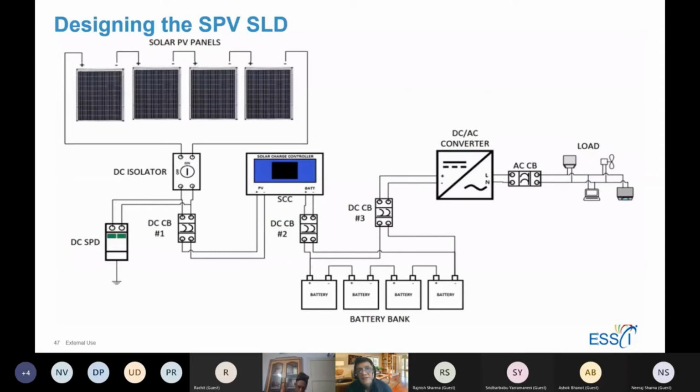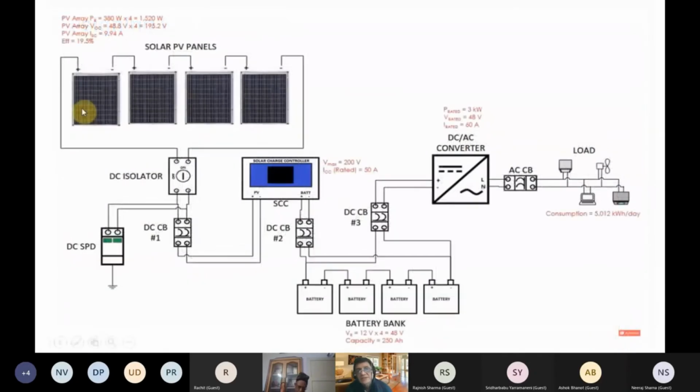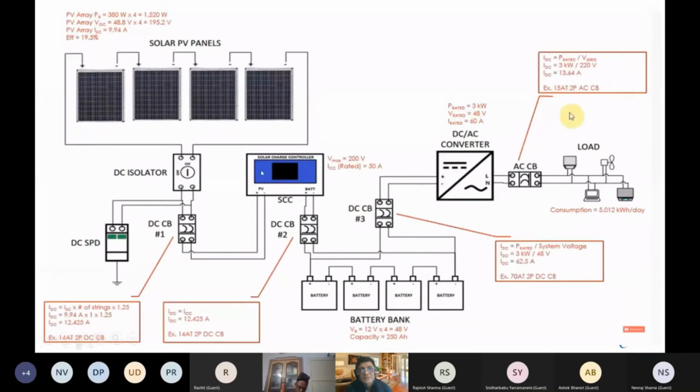What we have done now is we are looking at the circuit. We have designed the big elements of it. We have defined the load, the PV array, the battery bank system, and the solar charge controller. So now we will define the other elements, which are the DC circuit board, the DC input circuit, the charging circuit, and the AC circuit. Let's quickly look at it.